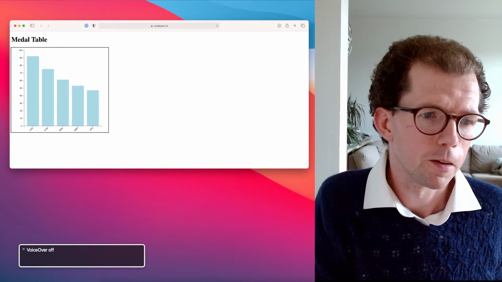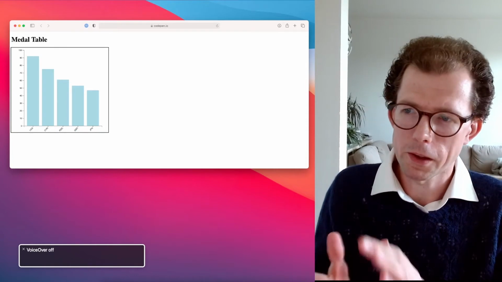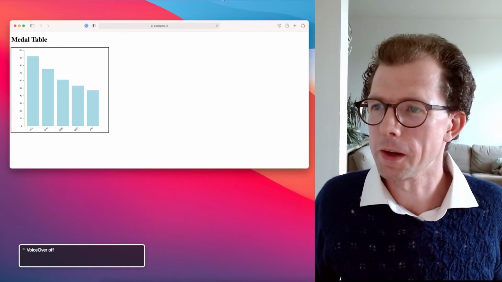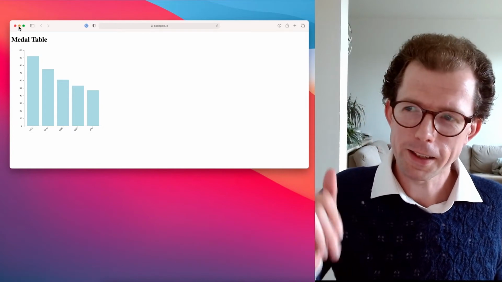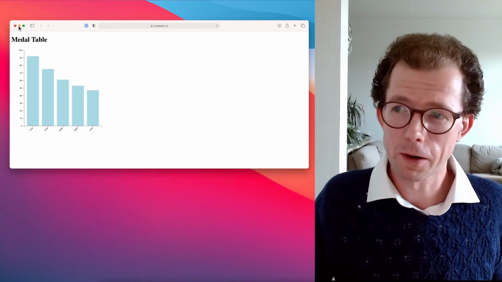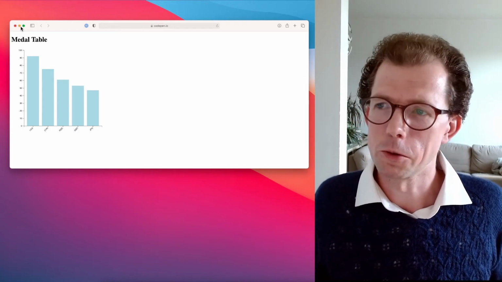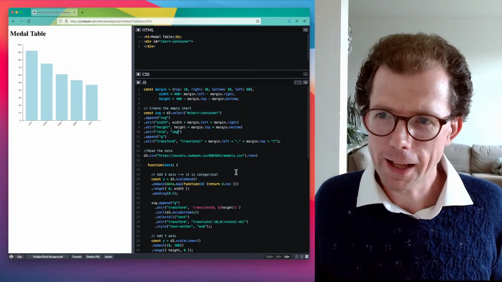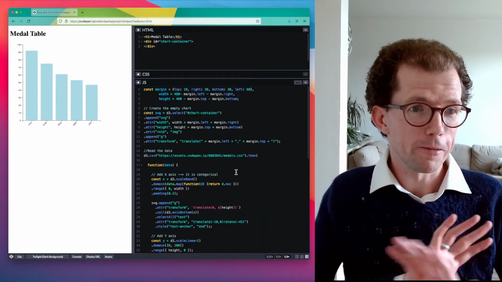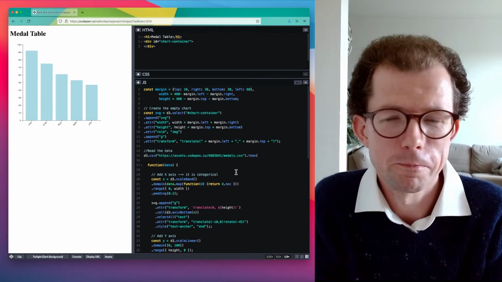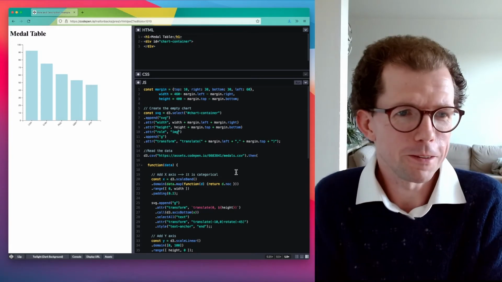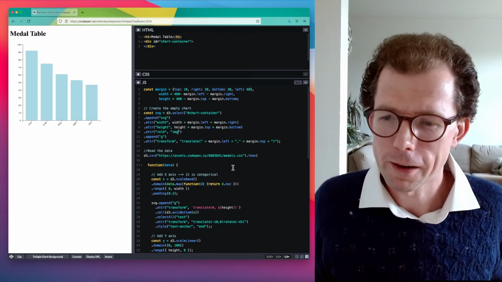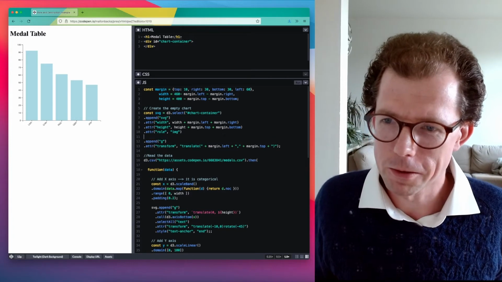VoiceOver off. So we now know that that is an image. The problem is that we now don't give our assistive technology users any information on what that image is of, or what information we're conveying to users who are not using assistive technology. So if you've done any web accessibility stuff ever at all, you will know the alt attribute. Now, that would be great here, except there isn't an alt attribute for the SVG element. So we have to use an ARIA attribute here instead.